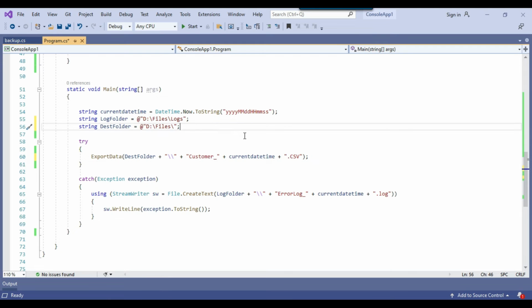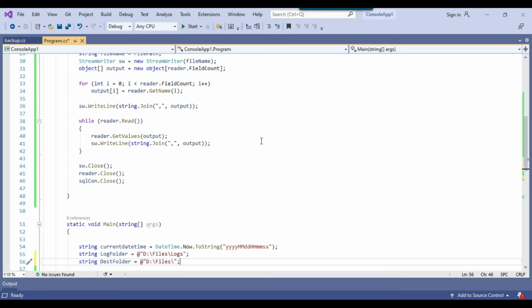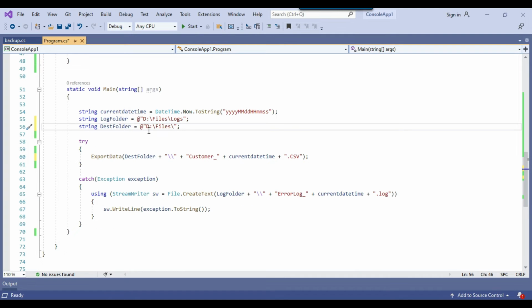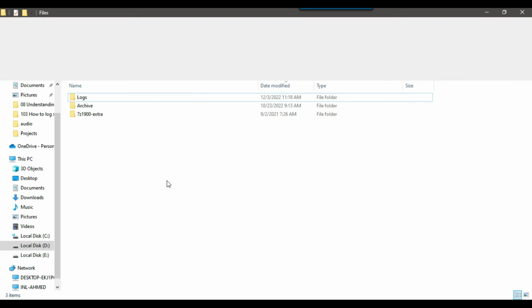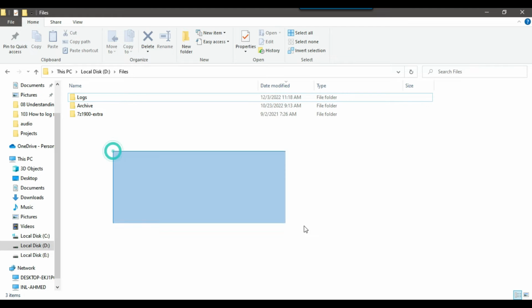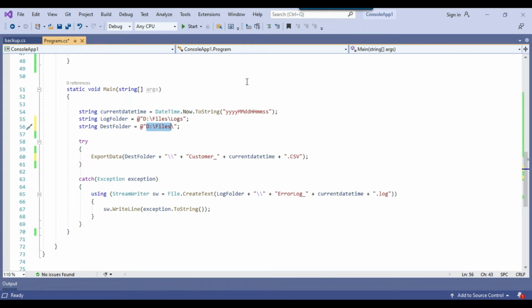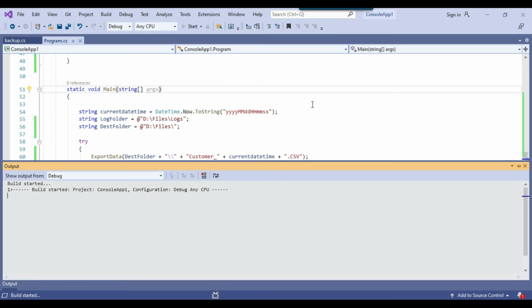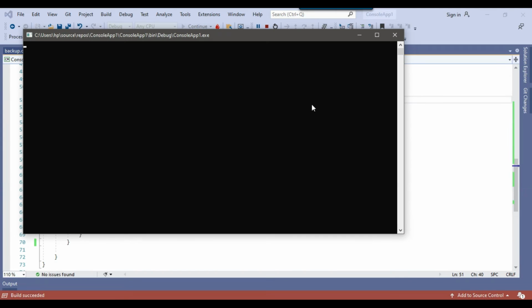So this code works fine in the C# console app, and then I can move this code into the SSIS package inside the script task as well. Let me just show you executing this code. As of now, at the D files location I should not have any CSV files. Yeah, so we don't have any CSV files at this location, and if I execute this C# console app, it should create a new CSV file there. I will share all the code with you, so in case you want to use it in your environment, you can use it.